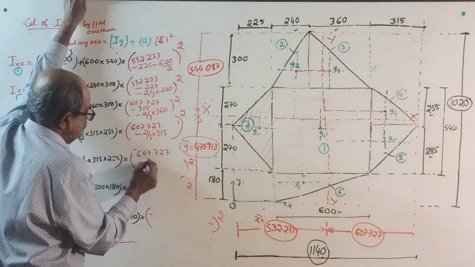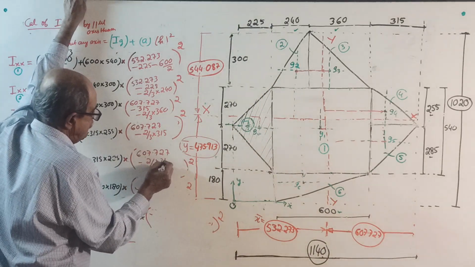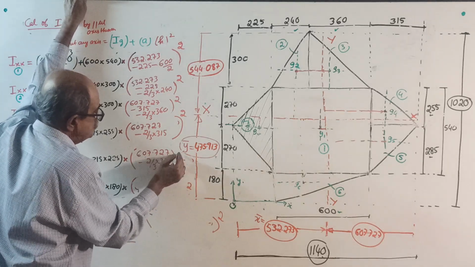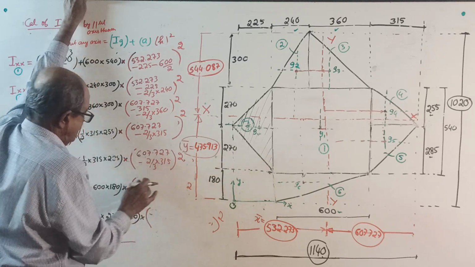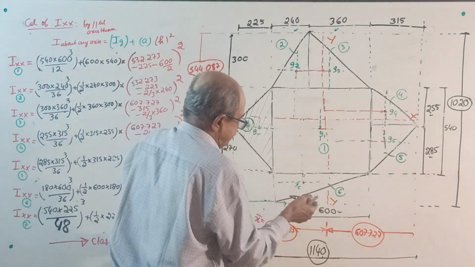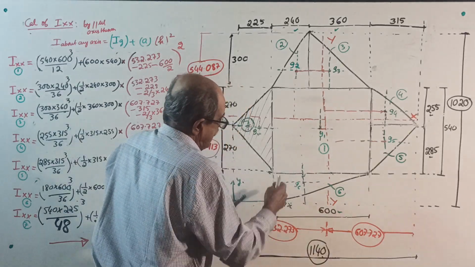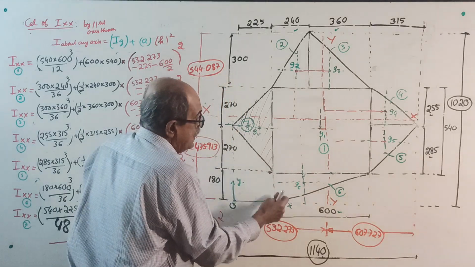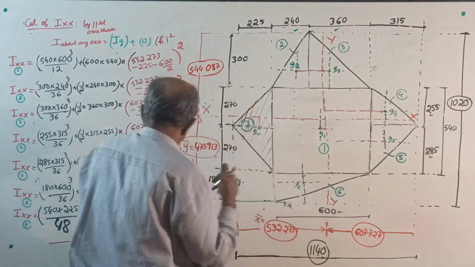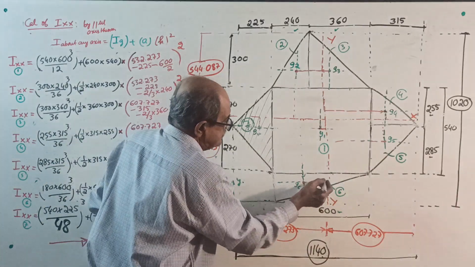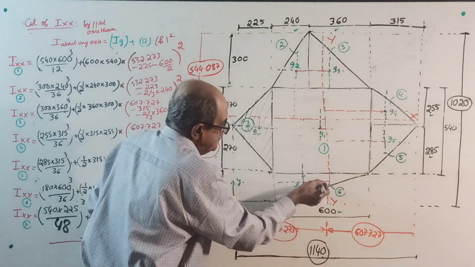607.727 minus 2/3 of 315, 2/3 of 315 whole square. Whole square, don't forget. Now, sixth one, I about its own centroidal axis. Parallel side is 180. 180 into 600 cube by 36 plus area into from G6 to YY, this distance square is